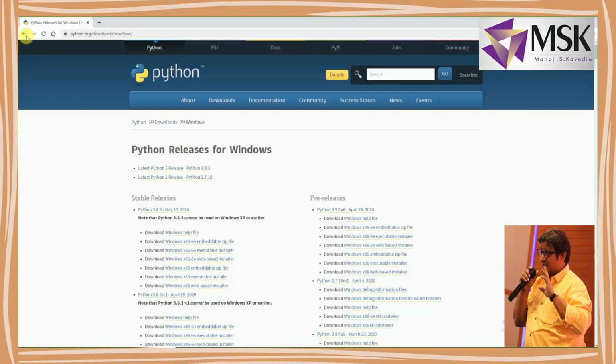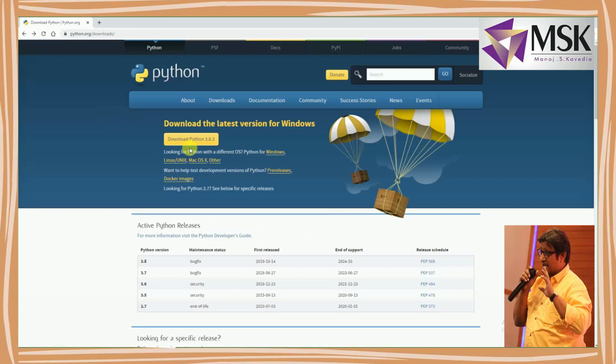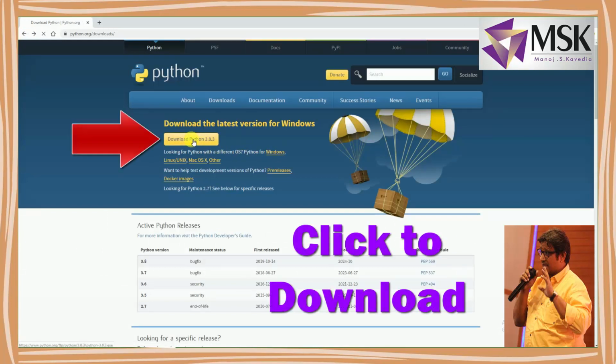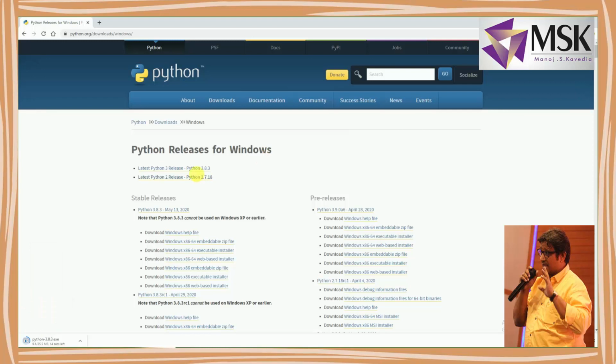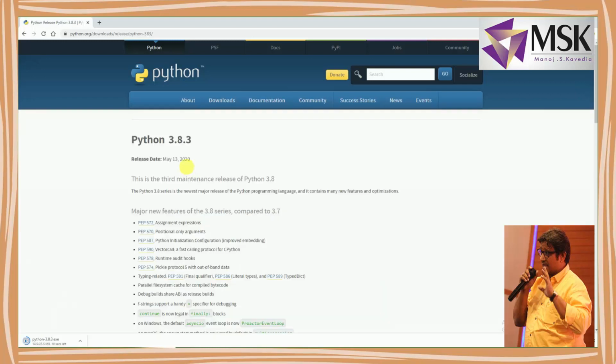Now let's go back and start the download. I'll click download, and you can see the download has started. While it downloads, we go back to the Windows page and see what happens if I click on this. The moment I click on this, it goes to Python 3.8.3. It was released on May 13, 2020.